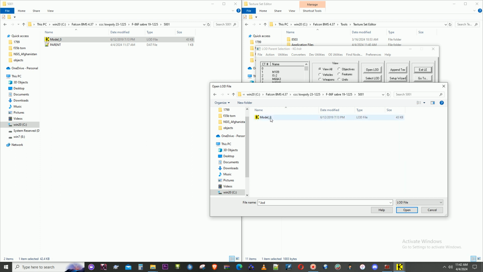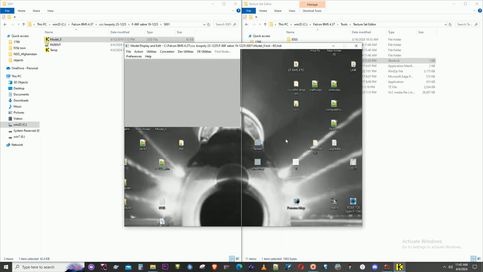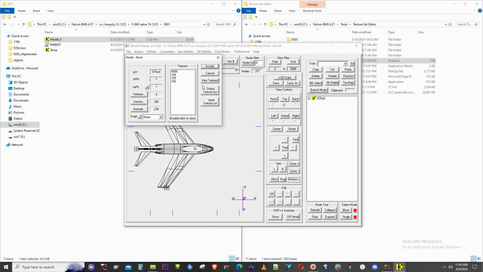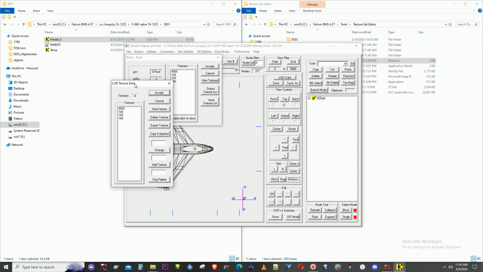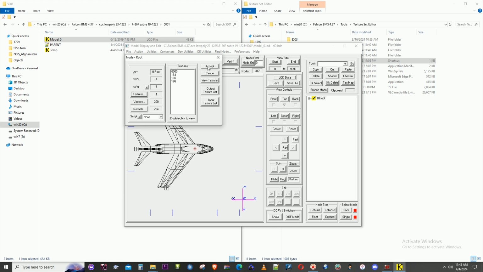This is to get the wing model to go for 6,000 instead of 4,500 as well. So you just double click on root, go to textures, and click here, type in 6,000, change, accept,